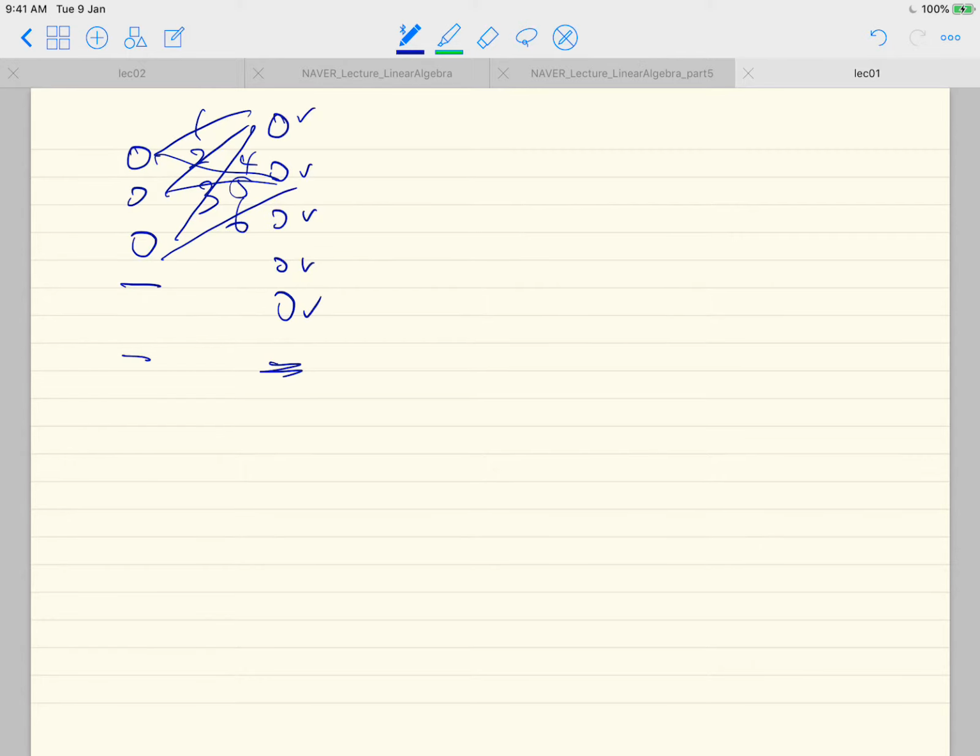Then, given the input vector in the three-dimensional case, we have